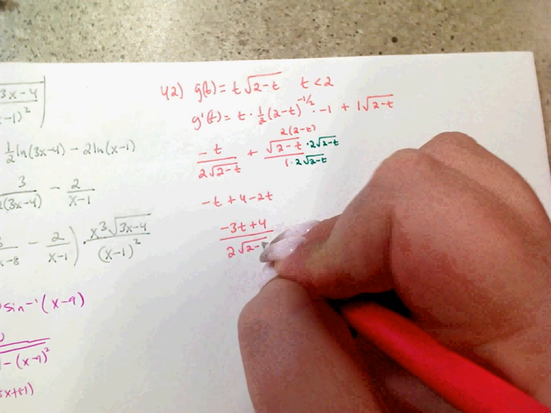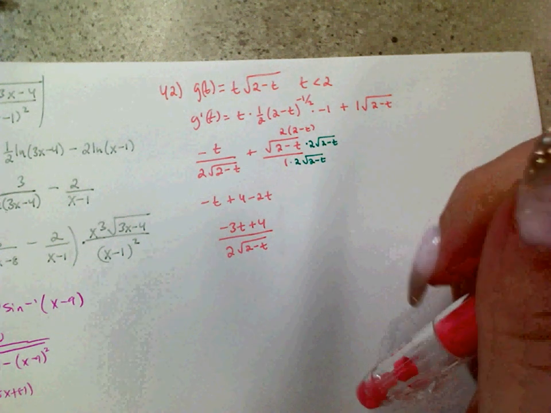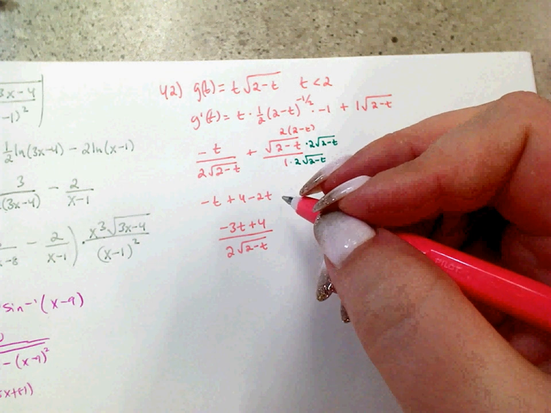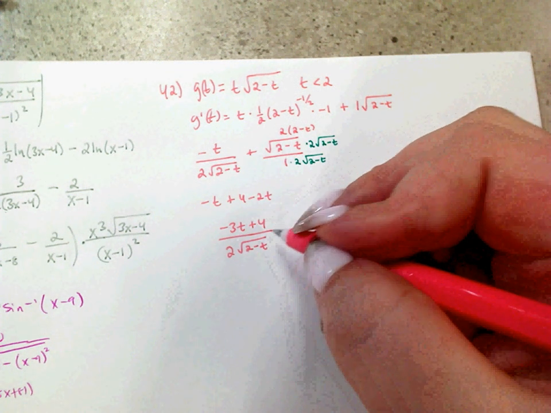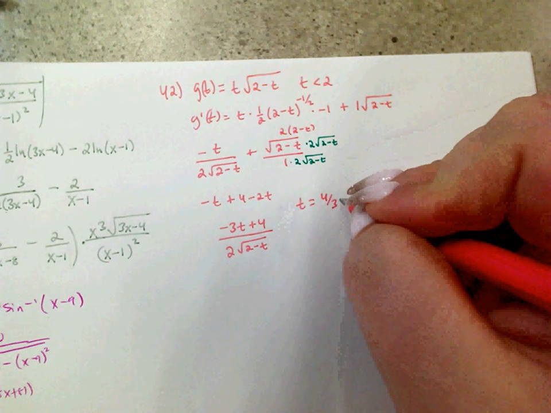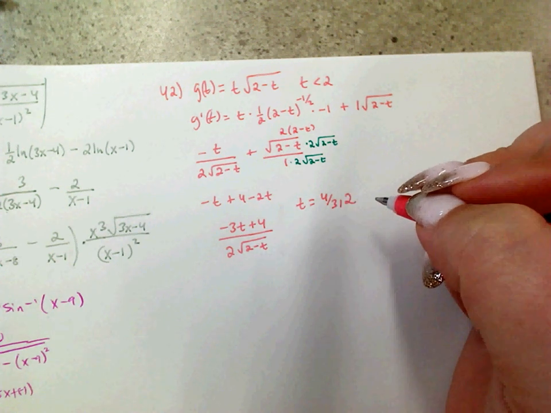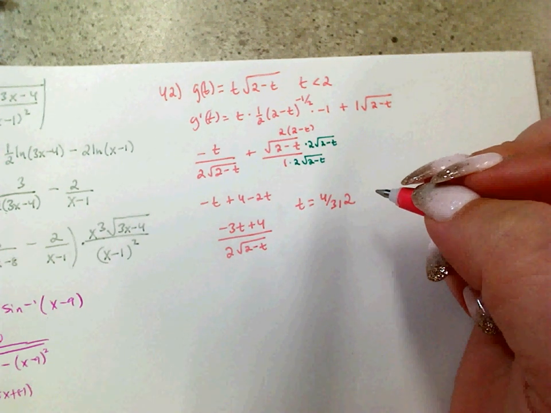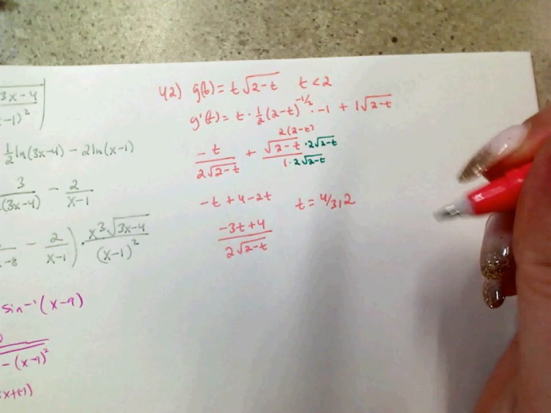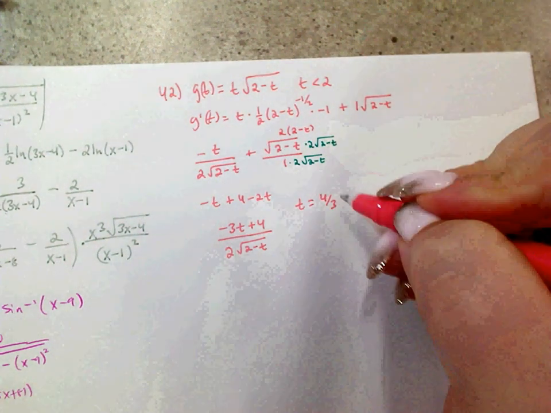As far as critical values go, critical values are when the derivative is 0 or undefined. The derivative is going to be 0 at positive 4/3. Subtract 4 divided by -3. And at 2, because those are the times that it's 0 and undefined. Oh, but only for t less than 2. So, 2's out. Well, I'm going to put comma 2, but then